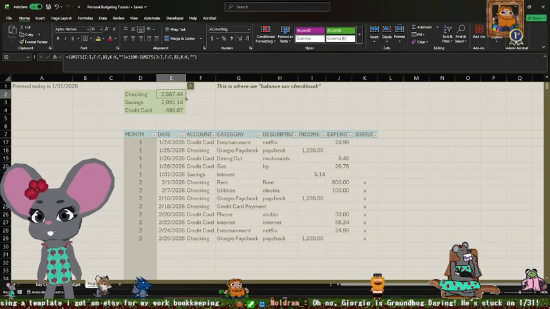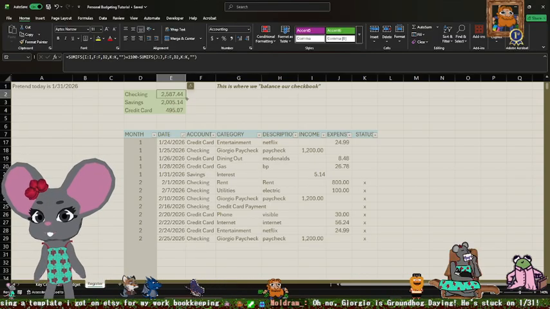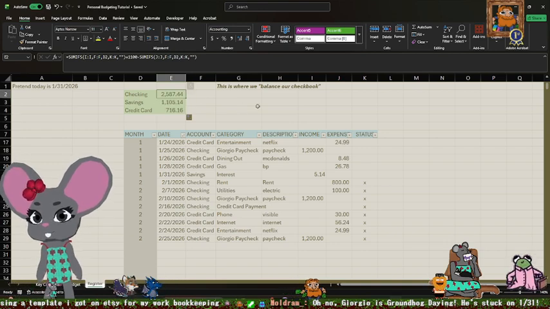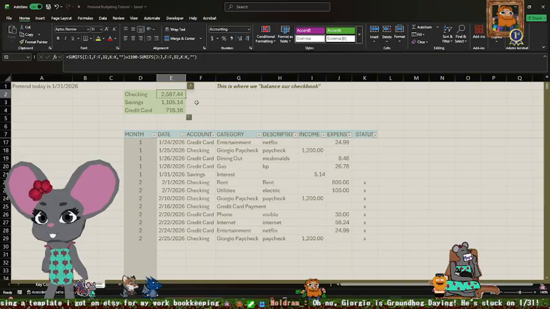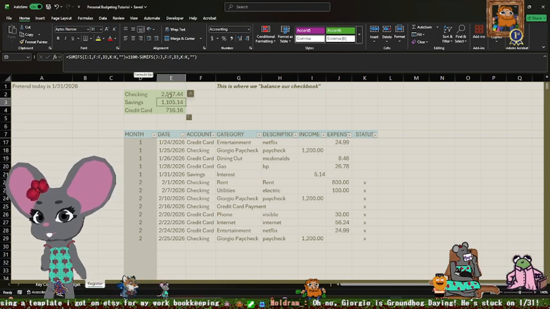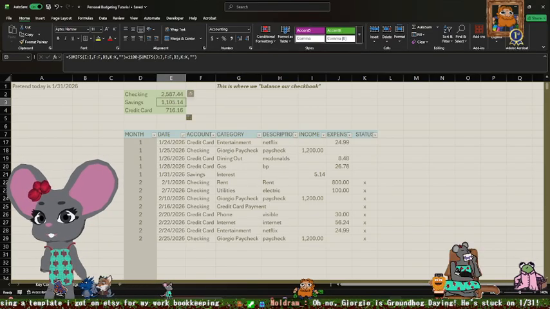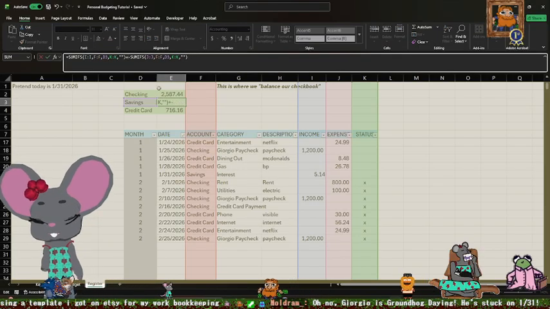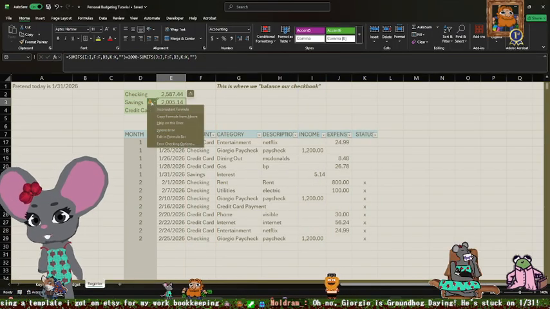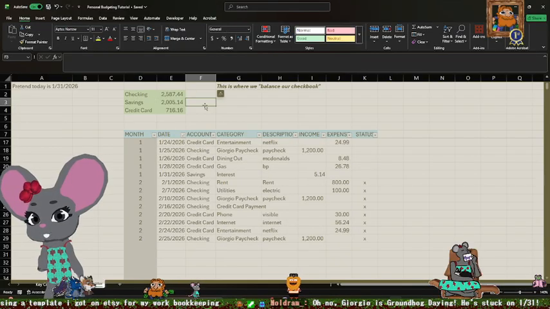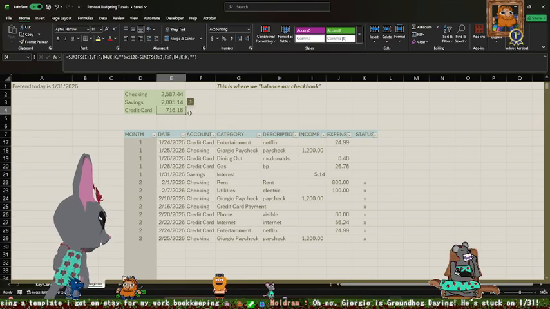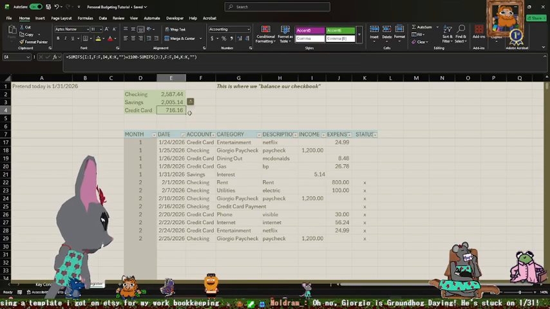Now we're going to drag that down to our other accounts here. And there we go. We'll save our work. We actually did overwrite our starting amounts. We had $1,100 as our starting amount in checking and $2,000 in savings, so we want to fix that. We're going to ignore that the formula is different, because we did something different for the credit card, since we don't have income in our credit card.